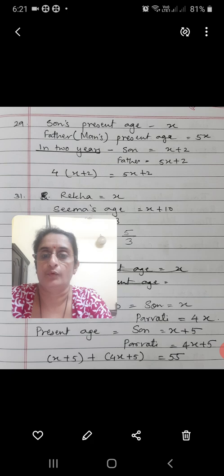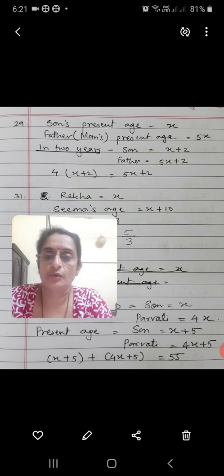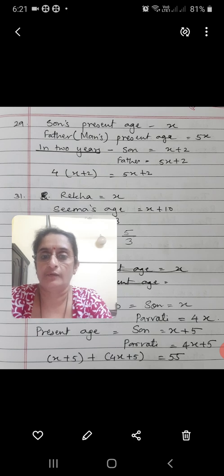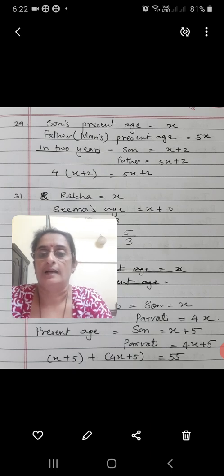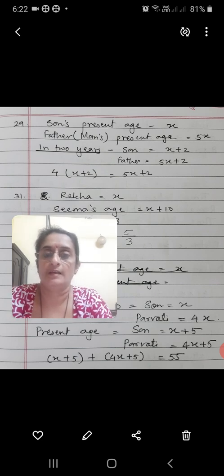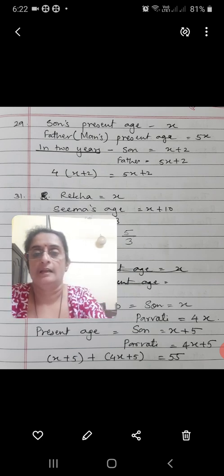So 4 in the bracket, x plus 2, is equal to the father's age, 5x plus 2. So that is the equation. You have to solve this equation. You will get the x value, and that x value means the son's present age. Fine. And then you have to make it 5 times, and you will get the father's present age. Now let us go to